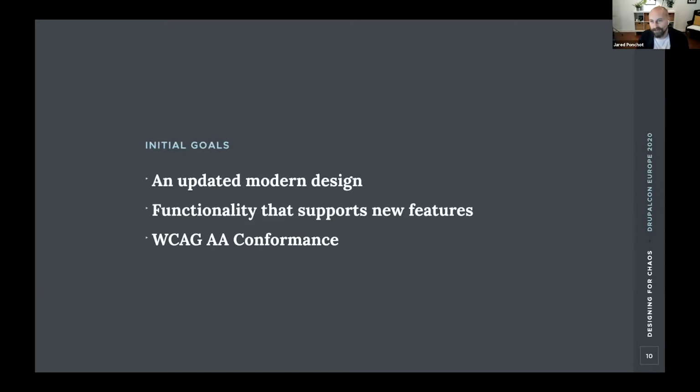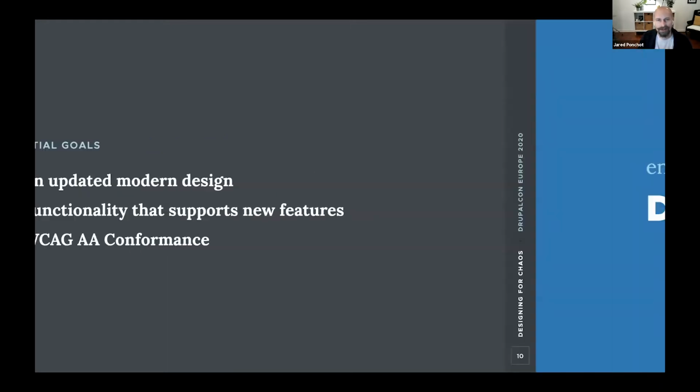So they wanted a theme that felt more current, potentially for the next 5 years. Seemed like a reasonable goal. 10 years like the last one is a little bit of a stretch. They wanted the theme to support commonly used Drupal functionality like second level navigation, embedded media, layout builder, and more of these new things that are in Drupal now that weren't there 10 years ago. And they wanted the theme to meet really high accessibility standards. Drupal has very stringent accessibility standards, and we wanted to meet those with flying colors.